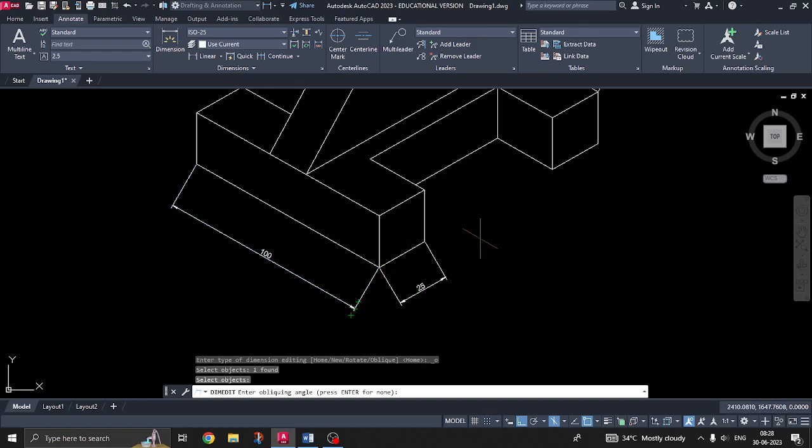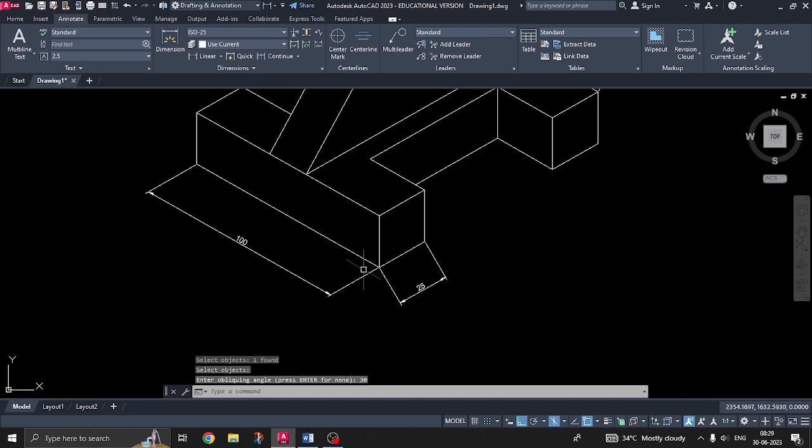Okay, this 30 degree you have to enter. For the horizontal, this is 30 degree. Okay, it will align with that. Okay, 30, enter. Understand, for the horizontal this line is 30 degree, this inclination, so we need to enter